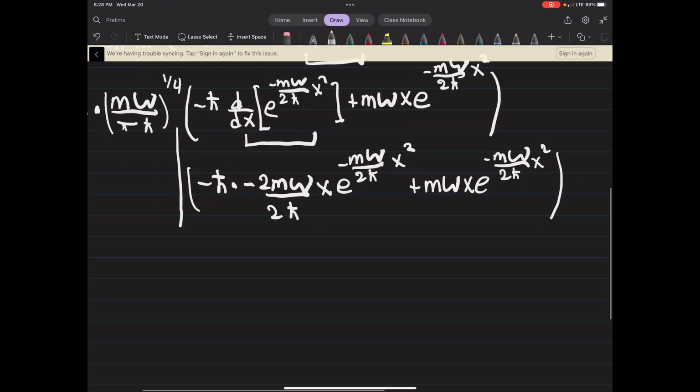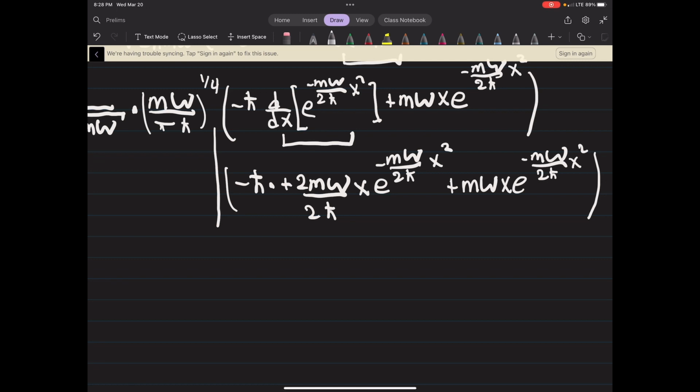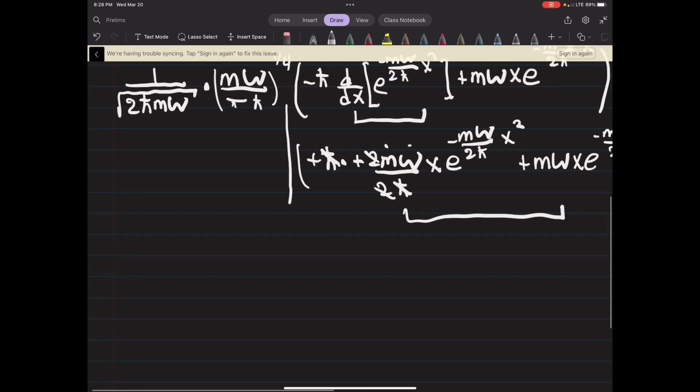So obviously this one simplifies a little bit. The negatives go, the h bar goes, and the 2 goes. And we're left with m omega x e to the minus m omega, all that good stuff. So these are the same terms now, so we can simplify that to be